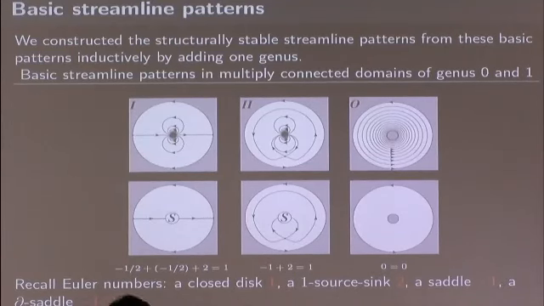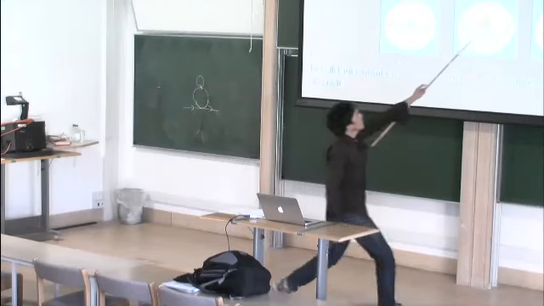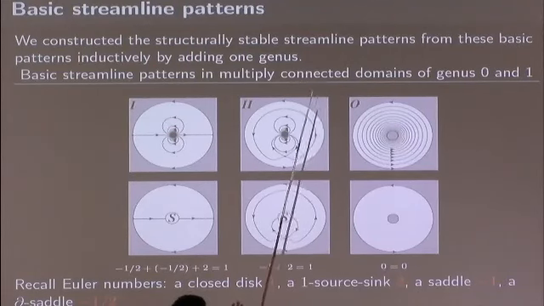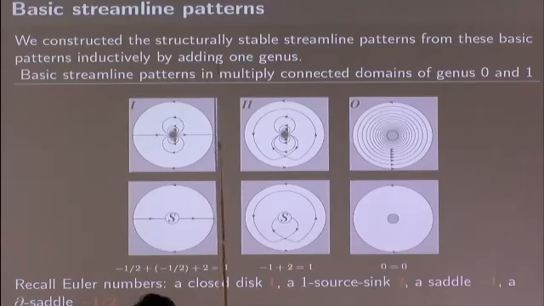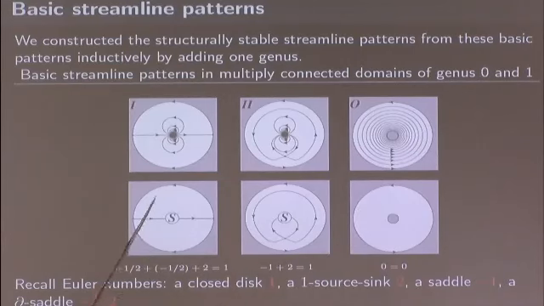When you say genus, you mean multiplicity. Genus 1 means it's a torus. Yeah, actually, we consider the symmetric case. If we take a double, we consider a symmetric vector field. This becomes a torus, and this becomes a sphere. Genus 0 means this disk, and if we have one puncture, the puncture becomes a genus.